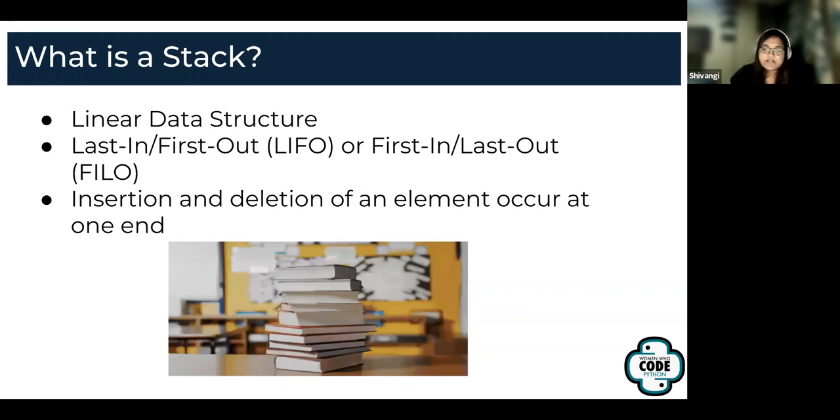What that essentially means is the last item to go in is the first thing that comes up. So if you see the stack of books, it's the topmost book which you will pick out, right? Another key point to note is that the insertion and the deletion of an element occur only from one end, that is, the top of the stack.